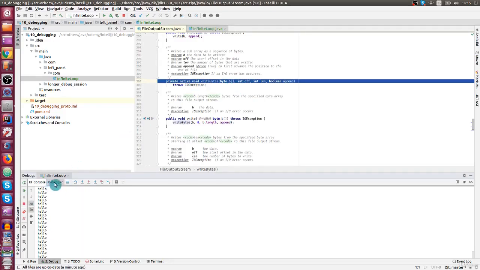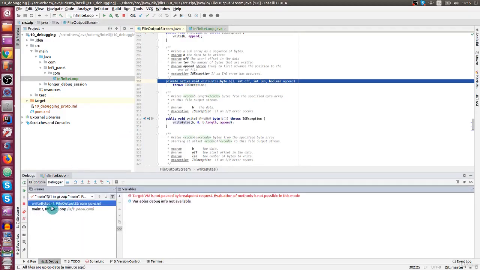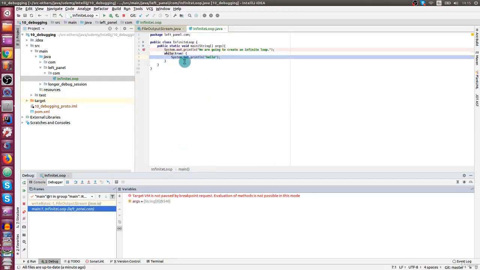So we can use the debugger view in order to see where we are. We can go through the frame stack in order to see where we are in our code. So this is system code and this is my code, and I know where I am. This button we had already seen, it is the stop button. This one